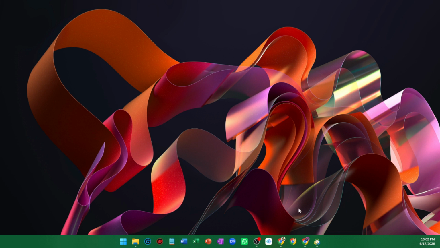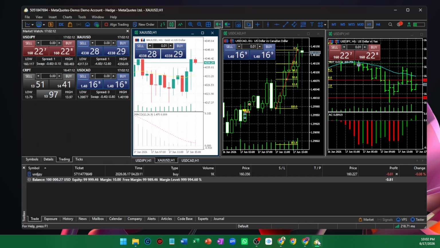First, open the MetaTrader 5 platform and bring up the chart you want to work on. Once you're inside MT5, focus your attention on the top toolbar. This is where you'll find the drawing tools you need. In particular, look for the horizontal line icon, which also has the shortcut Alt and H, and the trend line icon, which uses Alt and T. For this process, the main tool we'll use is the horizontal line, since support and resistance are usually marked as